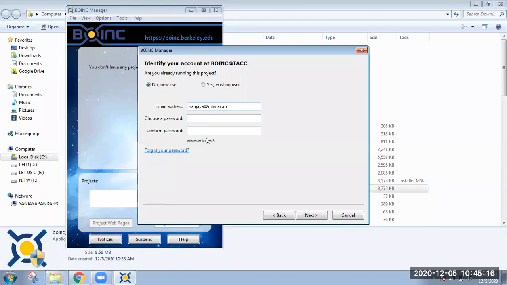If you are not an existing user, like you are installing this system for the first time, you click no, new user, you give your details and participate in this project. Okay, for example, let me write my another email ID, let's say at gmail.com. I am choosing a password.